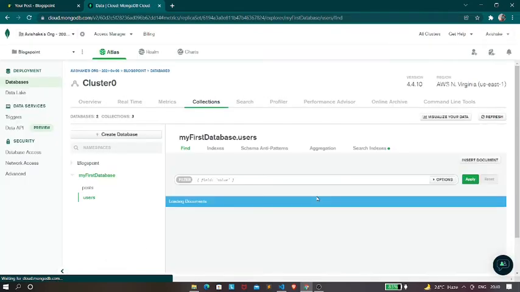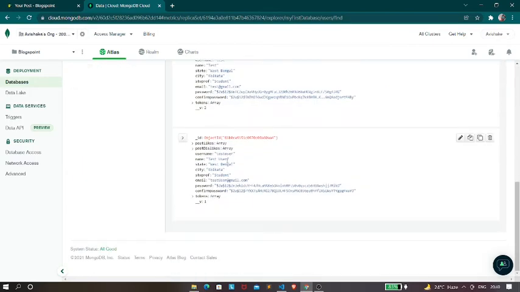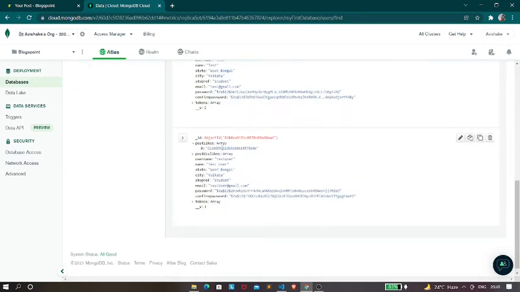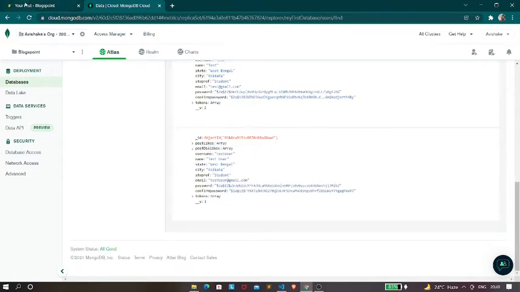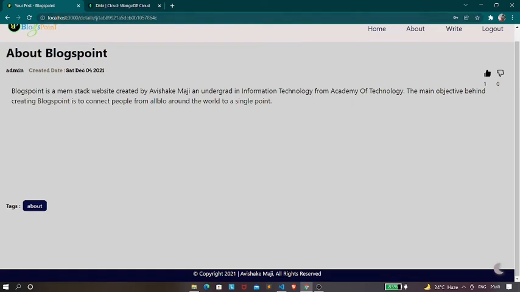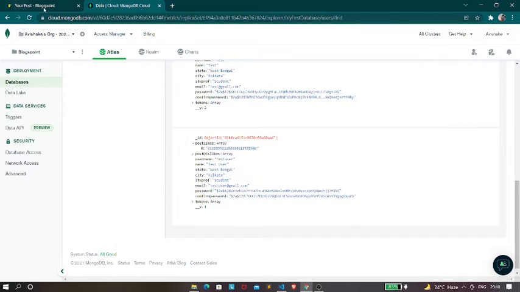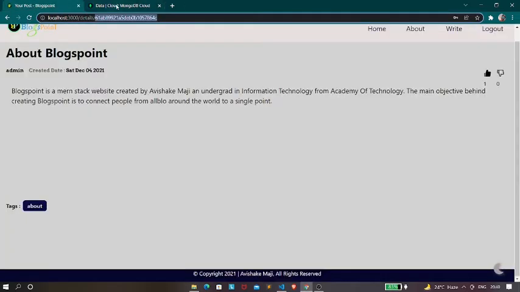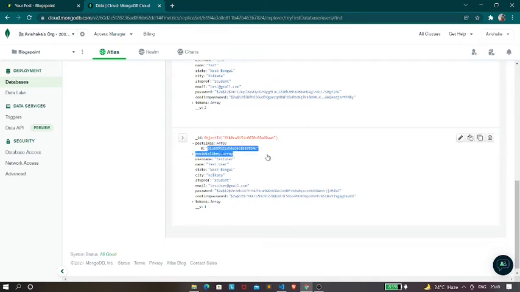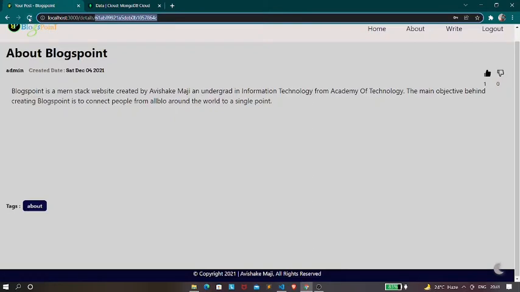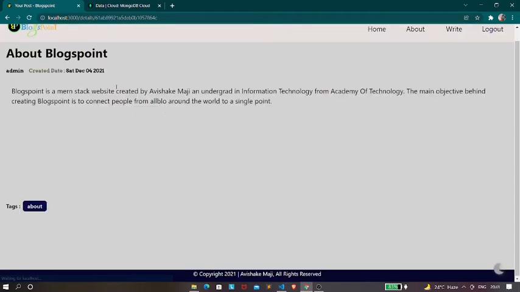After refreshing it, you can see that in the user field, if you go to the post likes, you can see this post ID, right? Now this ID is actually of this post, okay? As you can see, this ID and this ID match. So this is this post ID, and this actually helps us to know whether the user has liked or disliked a post. So if I refresh this page again, you can see that it is still showing like, right?